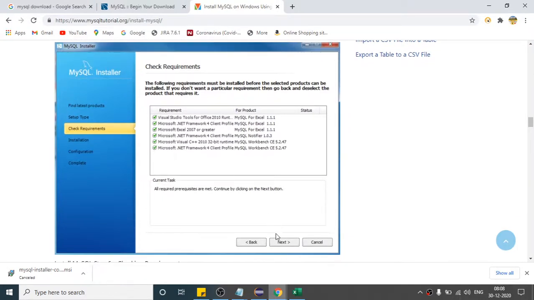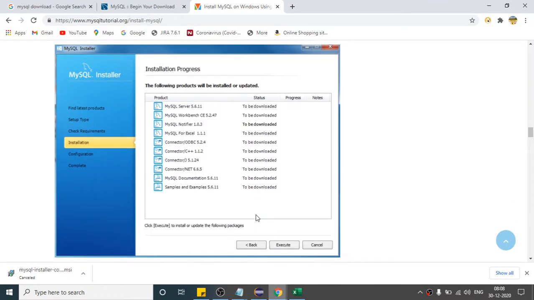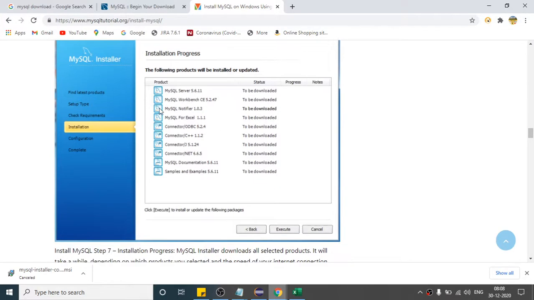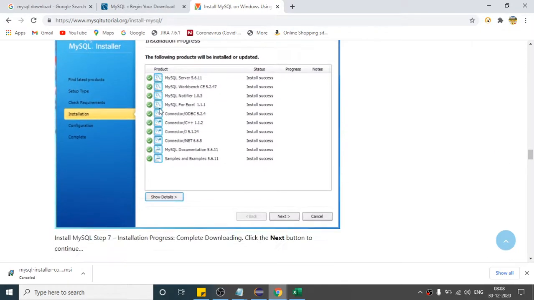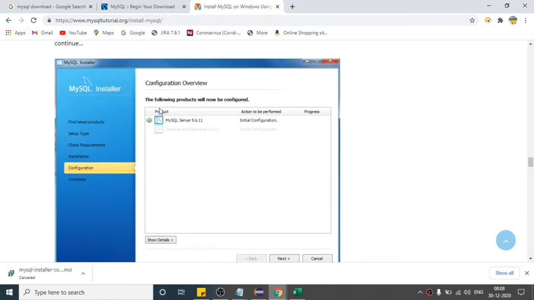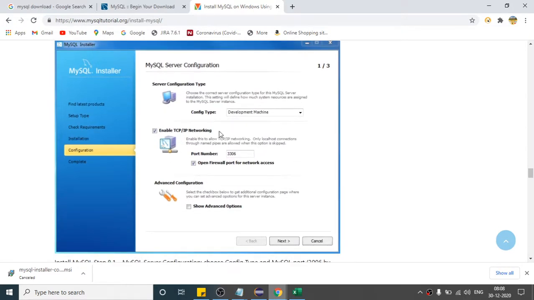of the software. Again after that click on next, and once you click, it will want to download some of the MySQL server components like this, and you have to click on execute so that it downloads all the software one by one. Once it completes, you have to click on next again, and again next, and after that somewhere here it will ask you for a port number. By default you will see this 3306 port number is present.